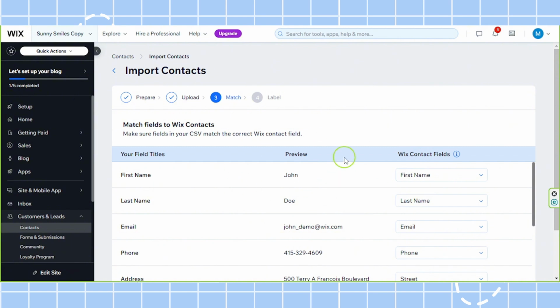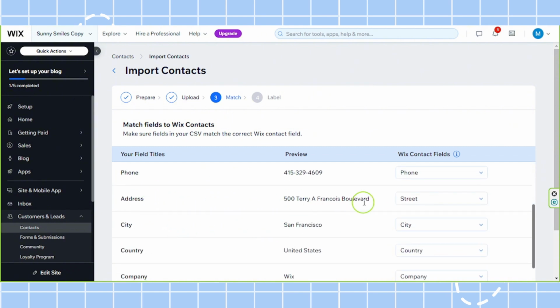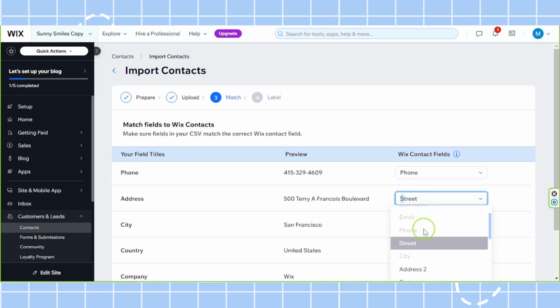All right, so here we are. Now you'll be asked to match fields to Wix contacts. Make sure fields in your CSV match the correct Wix contact fields. You're going to have to manually check to see if the fields match. So we're going to go through them one by one. First name, that's correct. Last name, correct. Email, correct. Phone, correct. Address,